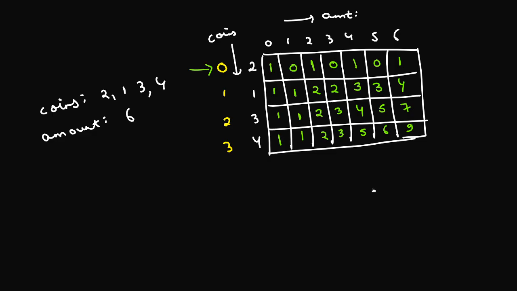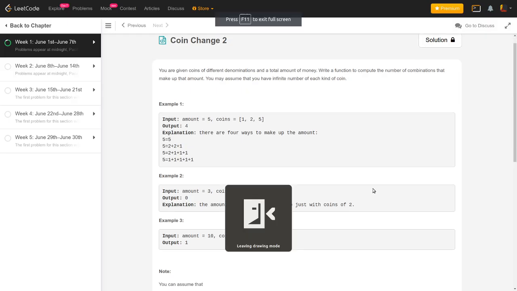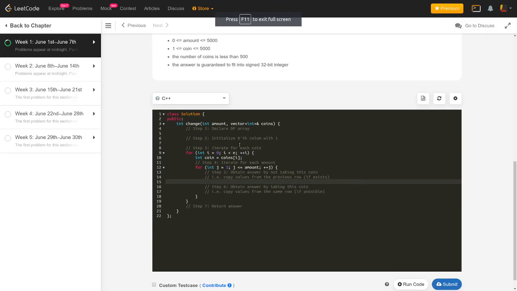So next, what we'll do is we'll just quickly see the code section. What I've done here is I've written down the steps for you guys so that it's easy for you to just go through these instructions and write the final code. So you can pause the video here and try implementing this on your own. So let's just try to implement it.